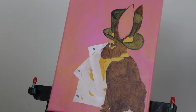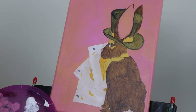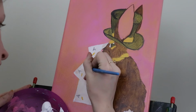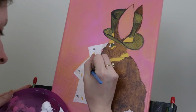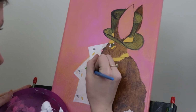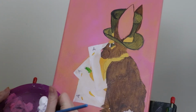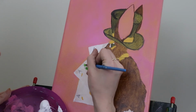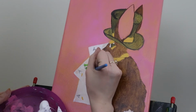We're going to continue using the smaller round brush. I really hope this makes sense and that you guys can follow along and enjoy, think of your own creations. You are welcome to do something similar to this, paint along with me. But the reason I wanted to show you guys this, starting from scratch and going through the whole process, and we're not finishing it in acrylics, we're finishing it in oils, is because I want you guys to